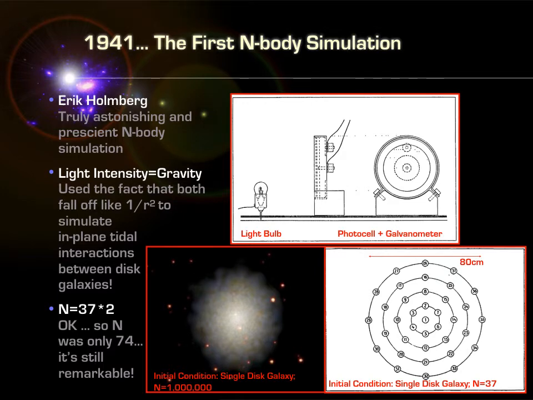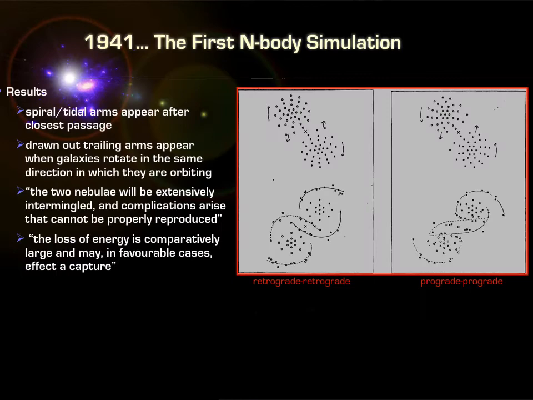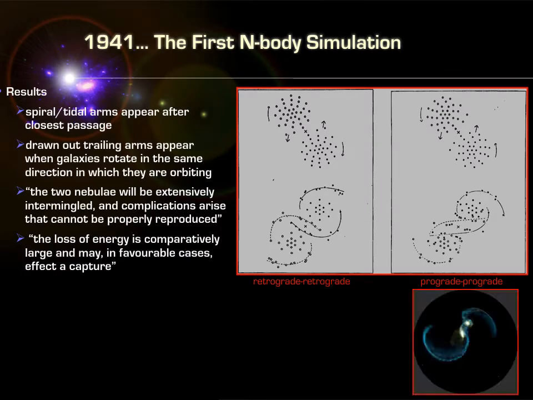That would allow him to adjust the position of the light bulb in response to the gravitational tug, or the light intensity, if you like, and systematically walk his way around each of the 37 light bulbs in each of the two galaxies and track the gravitational interaction that way through the intensity of light. And Holmberg did more or less what Toomre and Toomre did, was a systematic study,